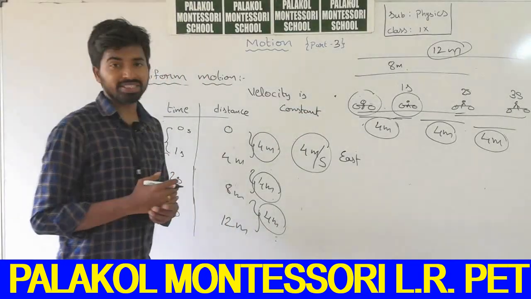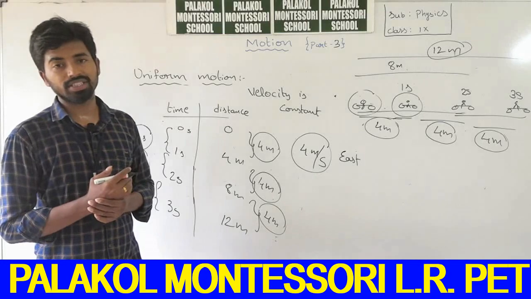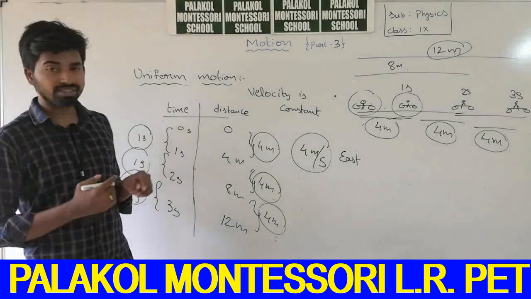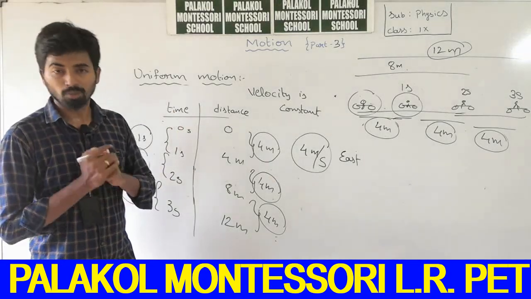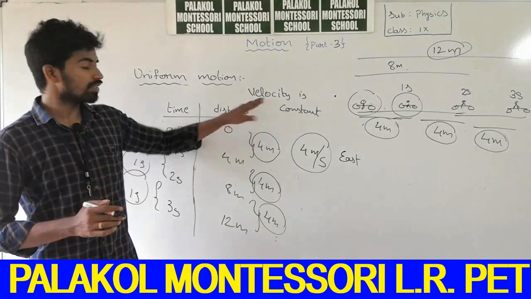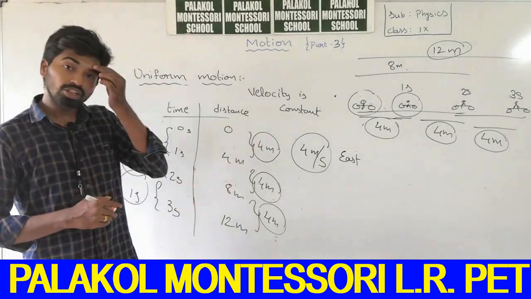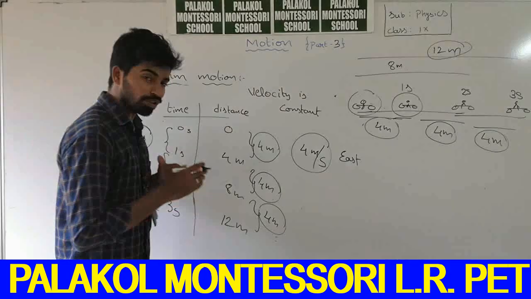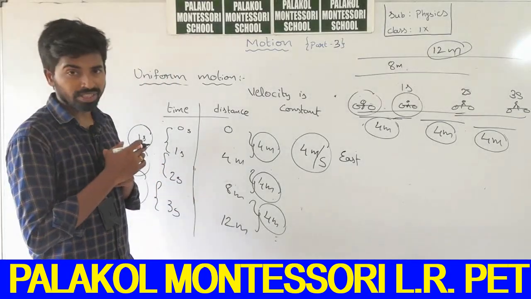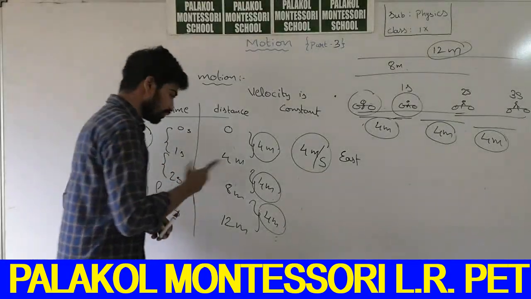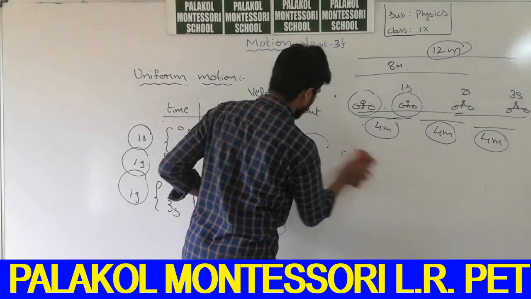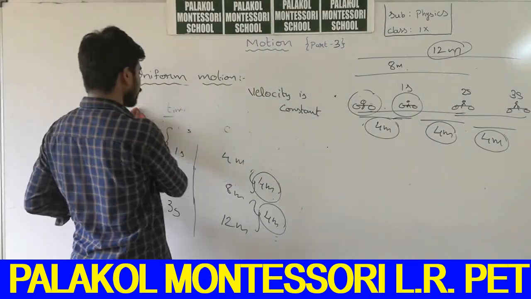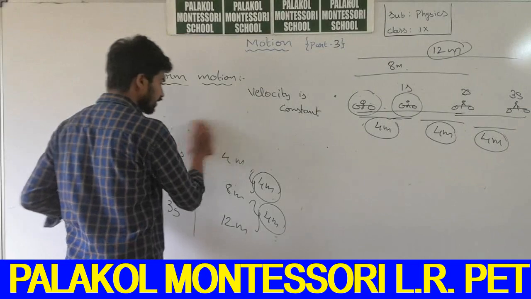If the object travels with constant velocity, then that motion is called uniform motion. The motion in which the velocity is constant is called uniform motion. A motion is said to be uniform if its velocity is constant; you can write it as a definition. So, what is the definition? Uniform motion is nothing but